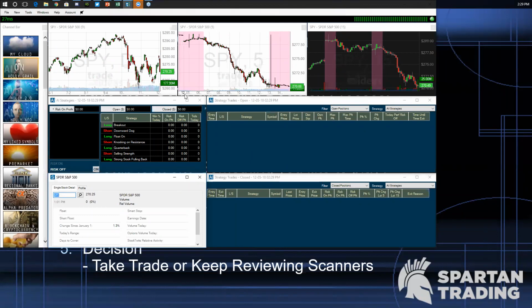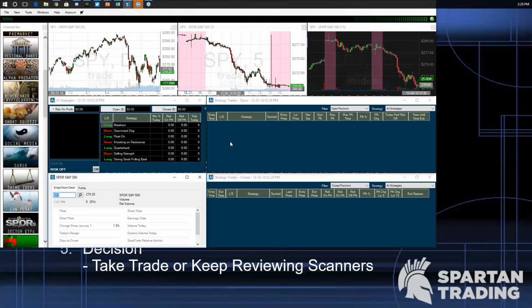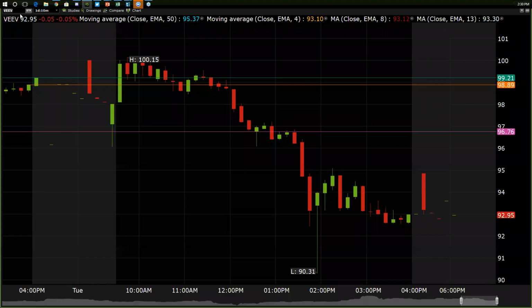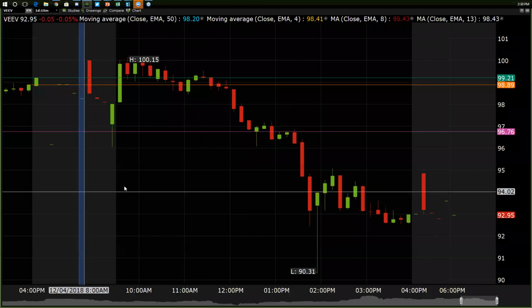Okay, so this is what you have when the scanner is up. There would be an idea there from one of the past days, whether you're using Holly Neo, the Holy Grail, or one of the sectors. You're going to see some sort of ticker pop up. Or maybe you've just built a custom scanner for yourself as well. Some sort of idea is going to pop up on that scanner. Let's say, I don't know, we'll quickly flip through maybe the FANG or something like that. So let's say that you see something like, and this could be a good example,